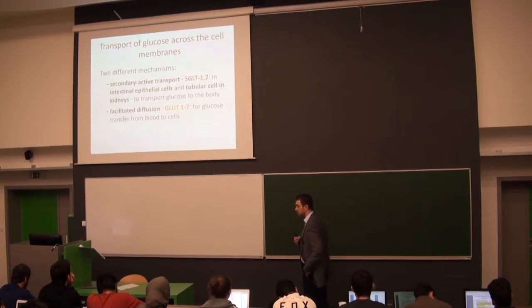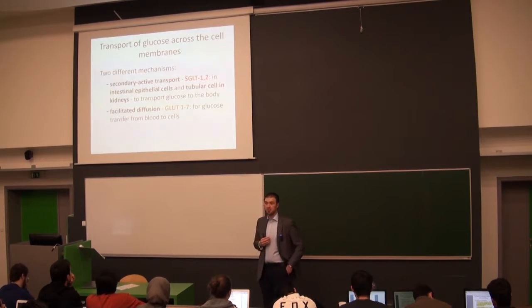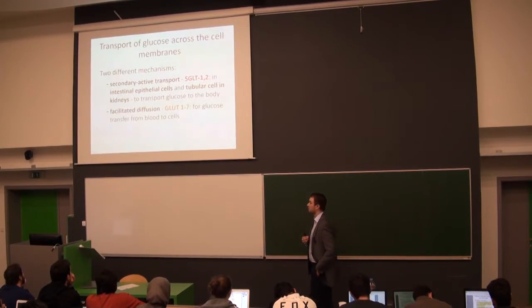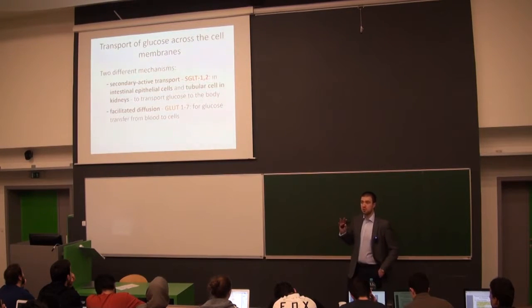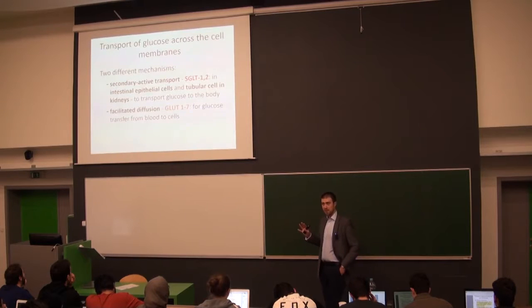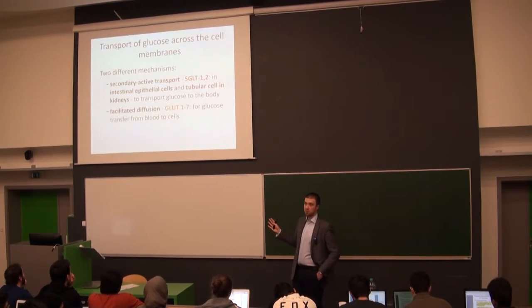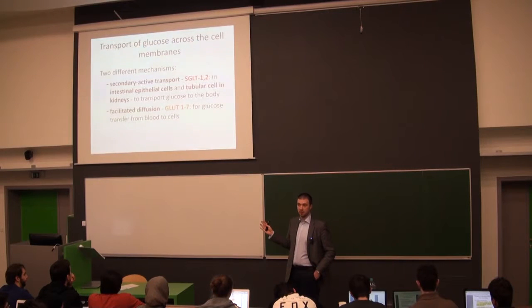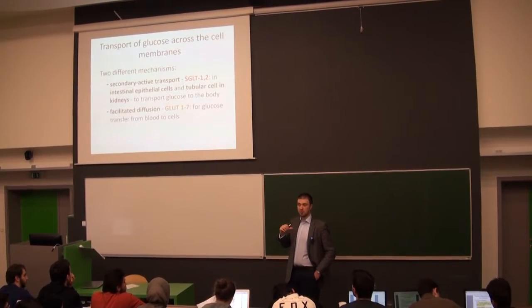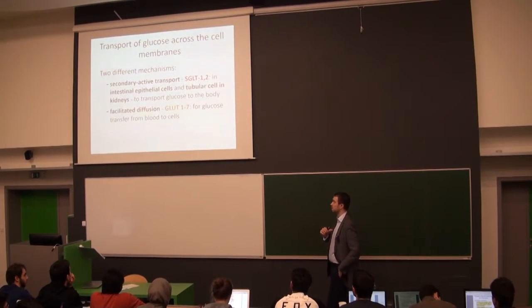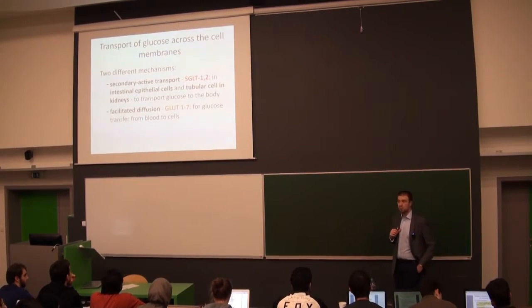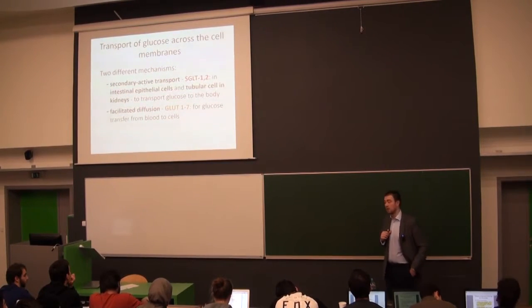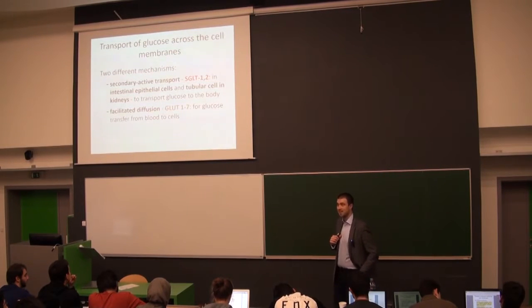Second are tubular cells inside our kidneys, inside the proximal tubule. At the very beginning of the formation of urine, you produce around 180 liters of primary urine. And in the end, you know that you urinate around 1 to 2 liters. That means that 178 liters of primary urine must be returned inside our body, and therefore also the glucose molecules must be returned inside our body. Therefore, SGLT2 you typically find inside the proximal tubule cells inside the kidneys.